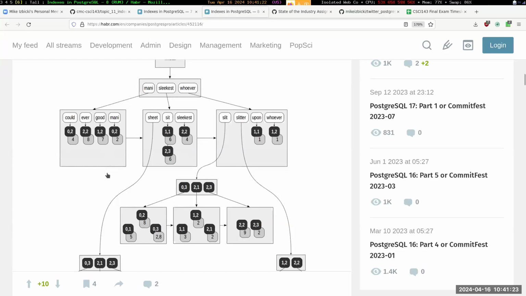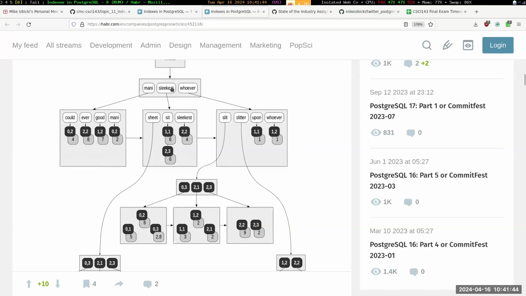And so we could do an index-only scan on that with just looking at this meta information. Correct, yeah. Another example, a common example would be if I want to do a count star, like